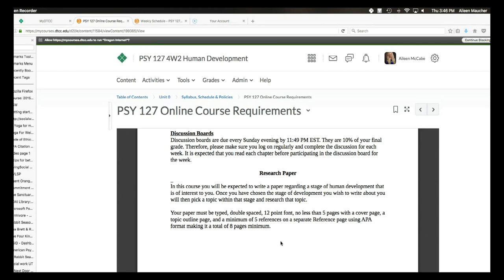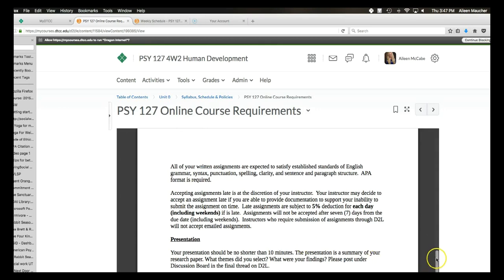So I am not going to be assigning topics because I really want to give you freedom to choose something that you feel passionate about or at the very least just a bit interested in. However, if you're really struggling, if you cannot come up with a topic, please reach out to me via email. I'm happy to help you brainstorm or just outright assign a topic to you if you're having trouble coming up with one. So I'm going to go over some of the parameters of the research paper a little bit later. I'll also be giving out information as the course evolves over the course of the semester about your research paper. But I encourage you to start thinking about a topic now.